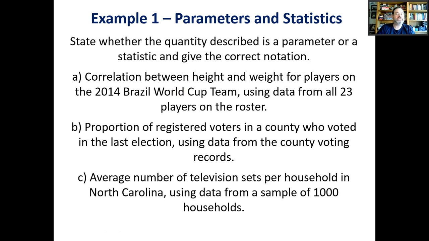We don't know what the correlation is, but there's some correlation, right? If you mapped out or graphed out all the players, there'd be some dot plot, some scatter plot, and there'd be a correlation on that scatter plot. Same thing here, right? So if you are in some county and you want to know what proportion of registered voters actually voted, you'd have that information. That number exists. So p is the proportion, or you can write its longer name,